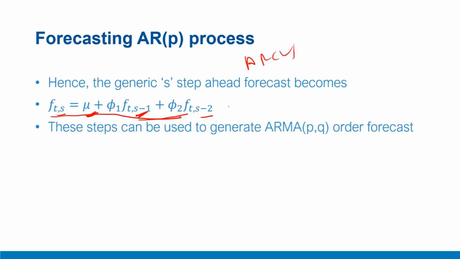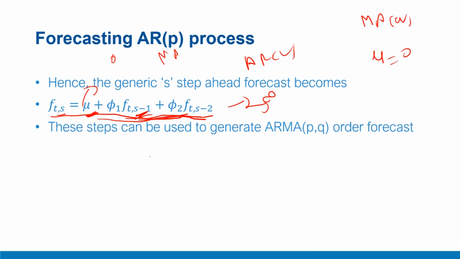But with these, we can go ahead infinitely in future and we'll always get a forecast which is not the same as mu or 0, as was in the case of MA. For every n steps in future, we can obtain some kind of conditional forecast using previous two values which do not become 0, unlike the case of MA. In MA, as soon as we are ahead of the order of the process, which was MA(q), the forecasts were converging to mu, which is the conditional mean, or 0 if it was 0. But here, every time we observe some kind of forecast depending upon its immediate previous values, and that is why we said this AR process has infinite memory.